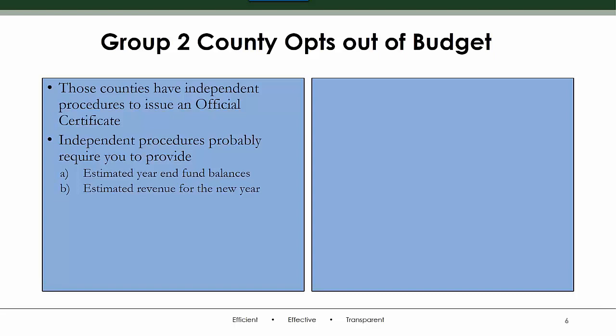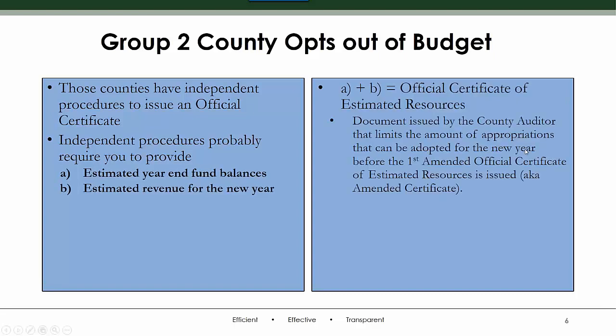So if you're in Group 3, folks that don't know which group they're in, if you contact your county auditor and they say, we don't do the budget process anymore, we do blah, blah, blah, you need to find out, is there a form I have to fill out, and what are the deadlines? Because UAN does not know that by county. We can't really help you with that. That is something you're going to do off the software. Now, you could use the budget module and simply not fill in any expenditures, and that would do the trick. But you need to know what your deadlines are and what form they need to complete. All right, again, A and B.